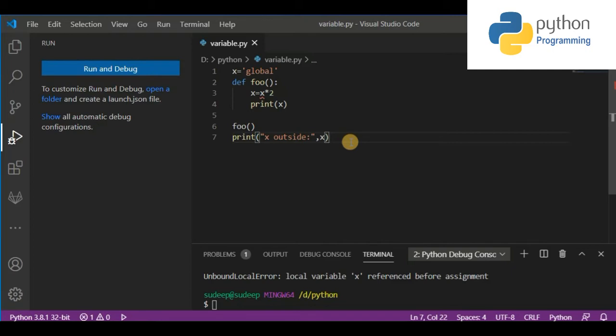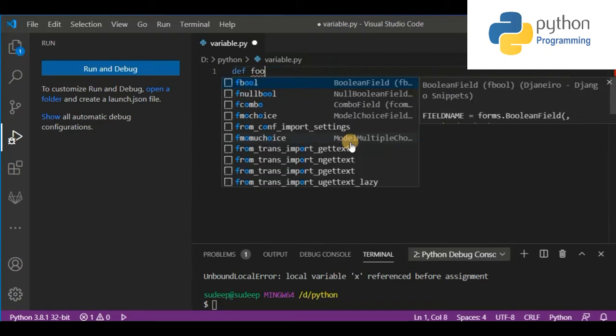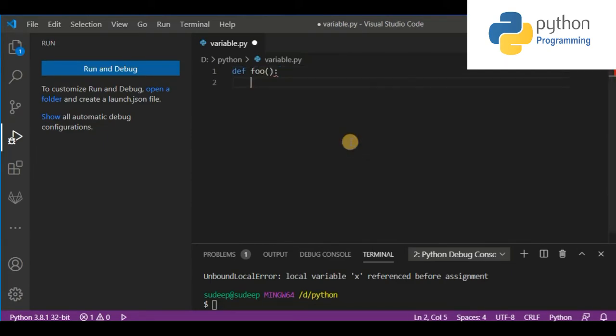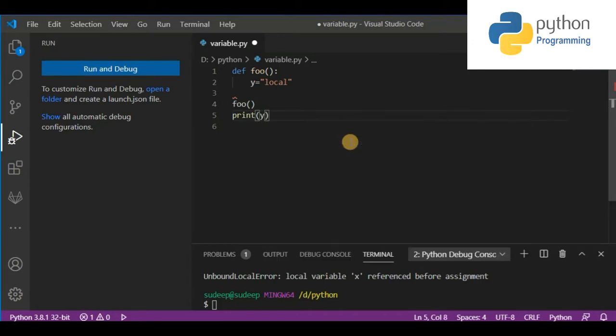I can show you with an example: if I define the foo function and create one local variable y, and then try to print y,